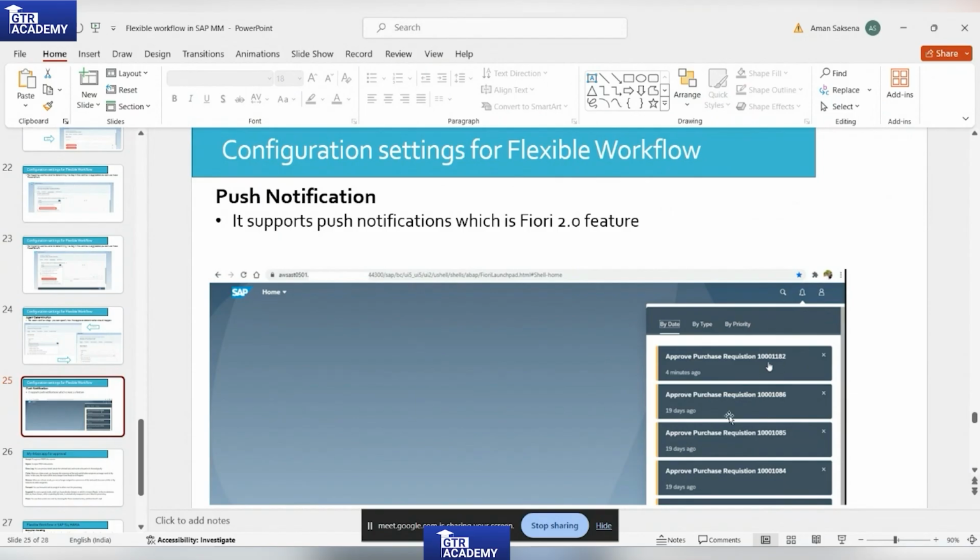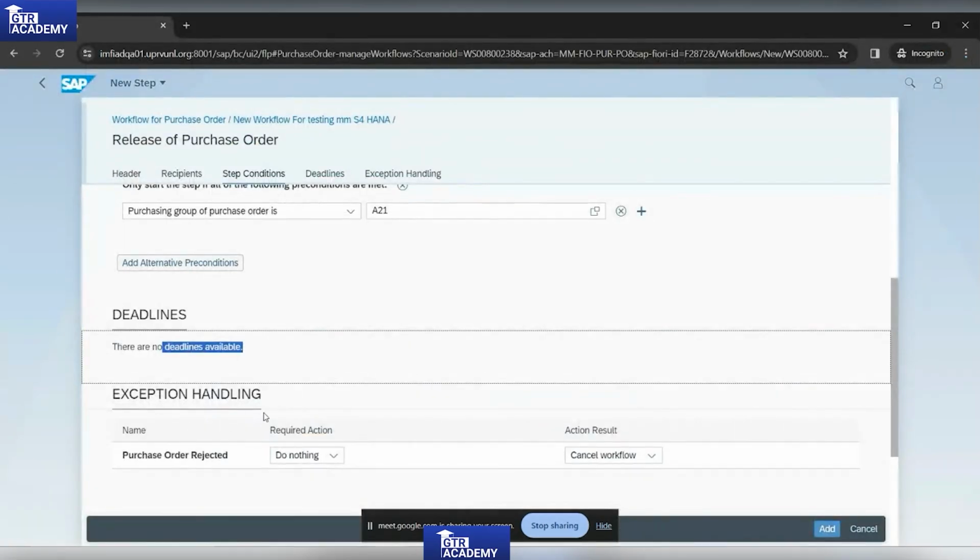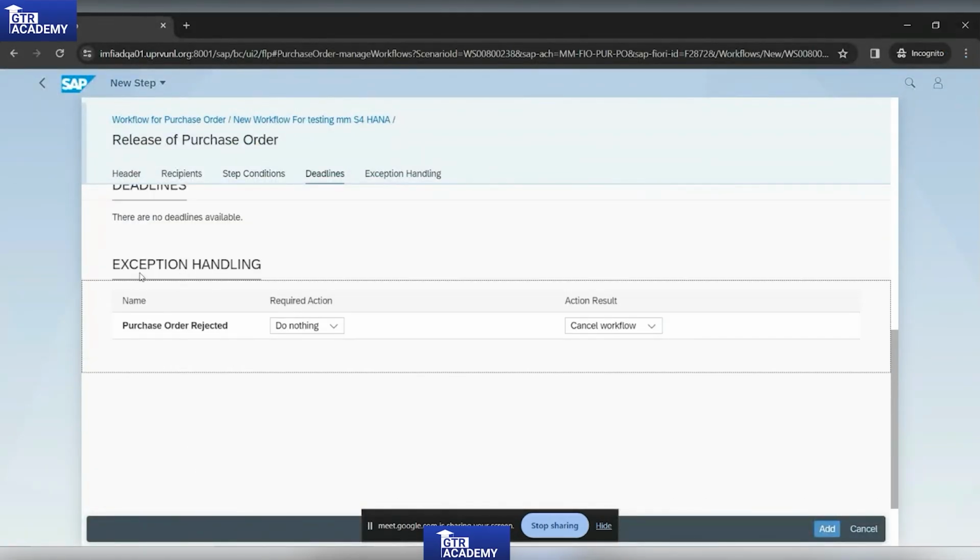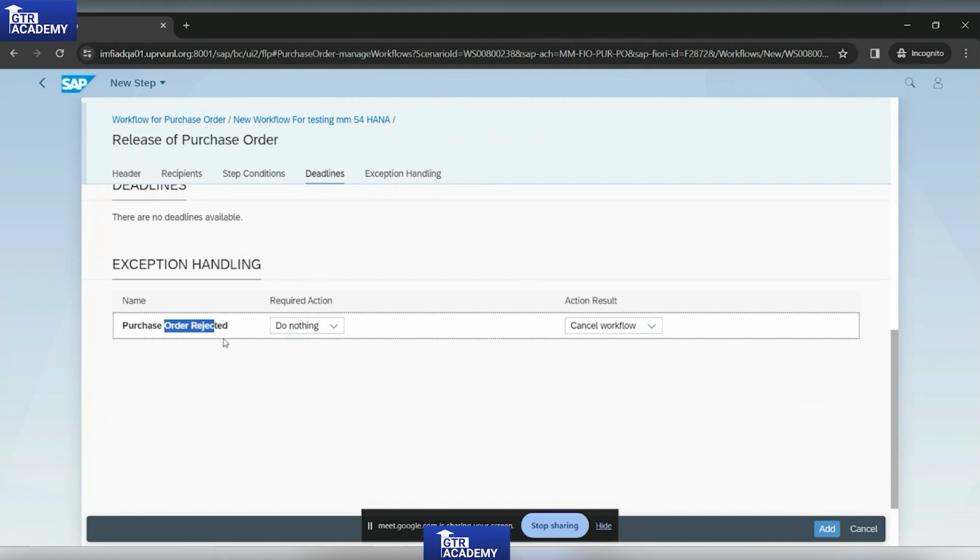So I've not mapped any deadlines for any of these in my system, right? Okay, so under exception handling, you should do nothing. Do nothing means when it is rejected, the system will do nothing, it will go and cancel the workflow. Okay, you can put continue, repeat step. You can put continue